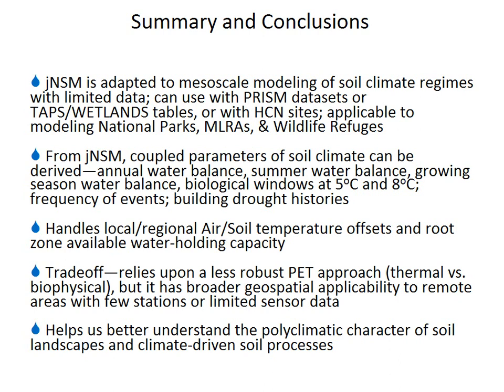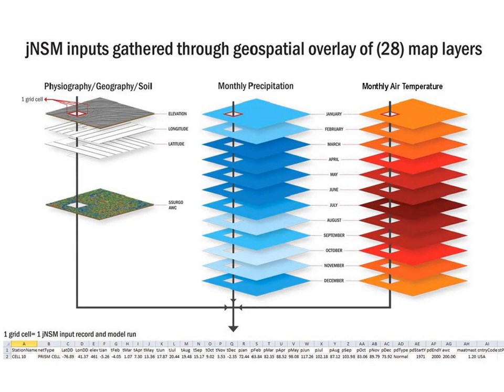It handles local, regional air-soil temperature offsets, and root zone available water and cooling capacity conditions. The trade-off is that it relies on a less robust evapotranspiration approach. It's a thermal versus a biophysical one. It uses the Thornthwaite method. But it has broader geospatial applicability to remote areas with few stations or limited sensor data. And it helps us to better understand the polyclimatic character of a soil landscape and how climate-driven processes and soil processes can behave in time. Now with that, I have just one quick other